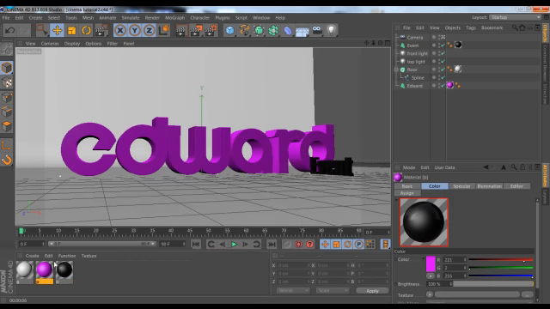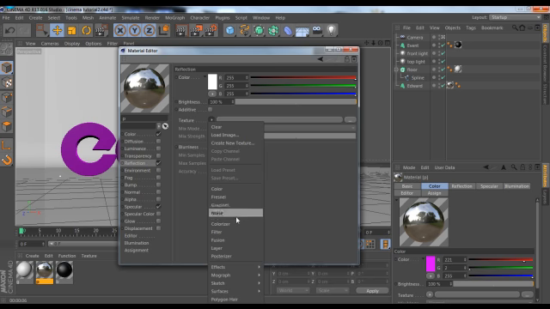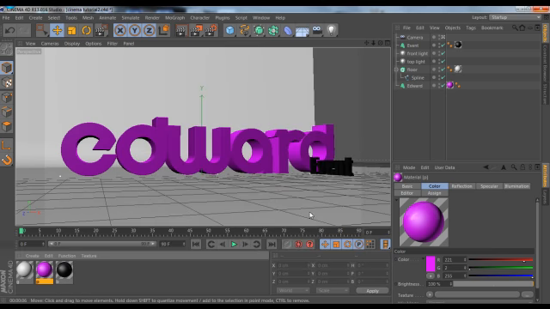Go to my Edward text and activate the reflection as well. Make it the Fresnel, and reduce it to something like 6 in there, and to something like 2 or 1, you know, something like that. From there, I think we have something good. Next is to